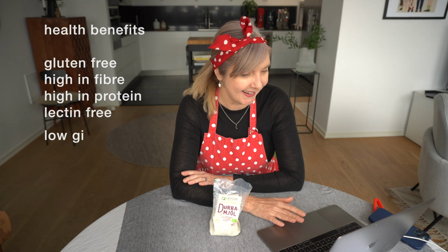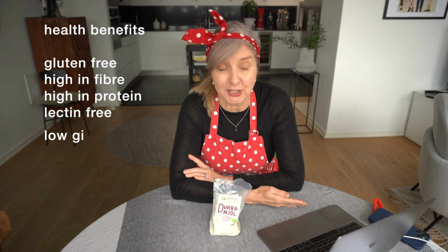I also read on the internet that it's the new quinoa. It's a fantastic grain because it's one of the new superfoods. So there's quite a number of health benefits. As I said, it's naturally gluten-free, high in fibre, really high in protein, low GI, it's a lectin-free